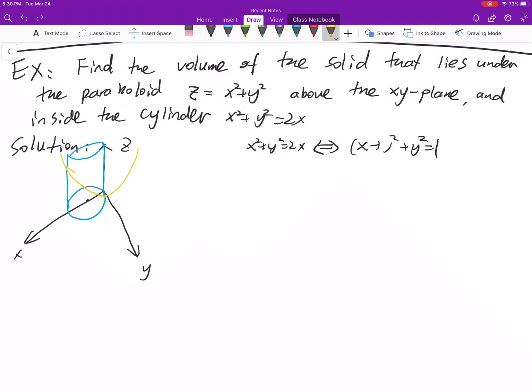So the paraboloid looks like this. Okay, then the region we are interested in is this part. So underneath the yellow one, above the xy plane, inside the blue one. Okay, therefore,